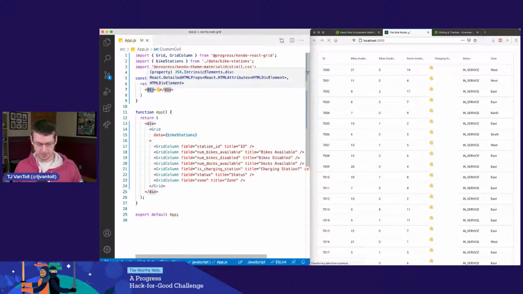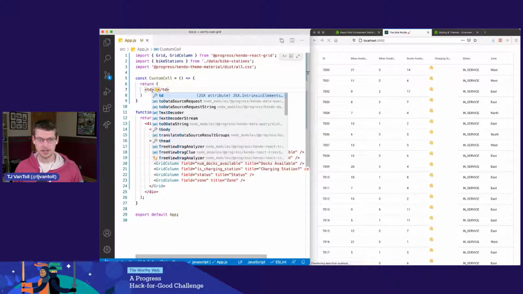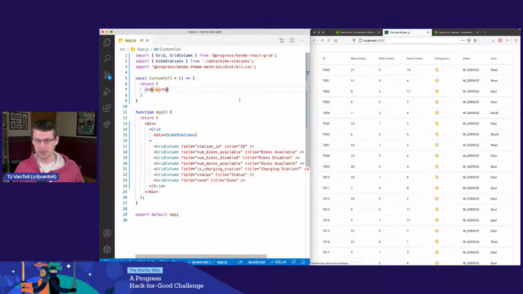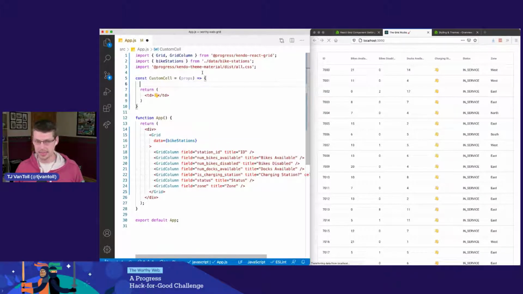And actually, it looks kind of weird because there actually should be table cells. So if I put this in there, I now have control over how this renders. So this gets some props. And I think if I were using TypeScript here, so another thing with KendoReact is we provide really, really good TypeScript support. So if you're a TypeScript person, you get a lot of the benefits of autocomplete and such. I'm going to stick with JavaScript right now just to keep things kind of simple, but actually it might help